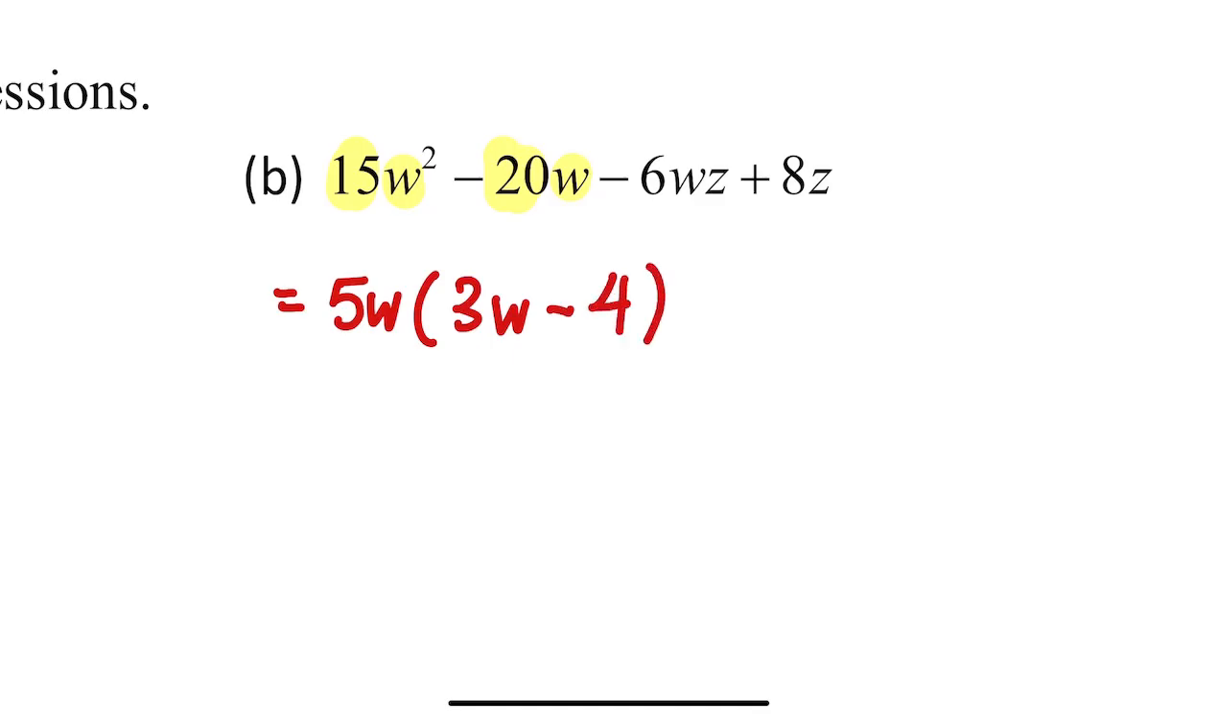Now I look at the next two terms over here. 6 and 8, common factor is 2. Z and Z are common factors. I can take out a positive 2Z. Okay, and then now I analyze negative